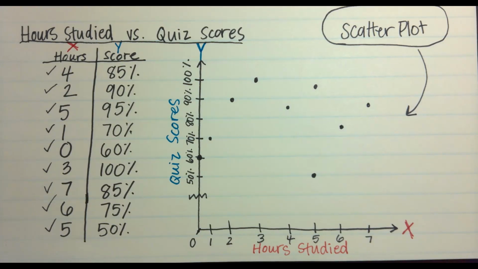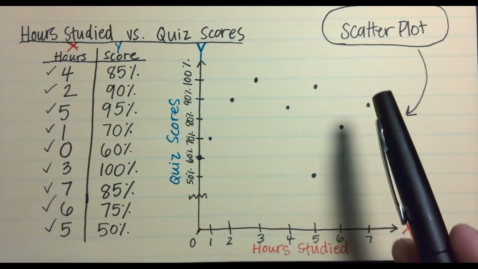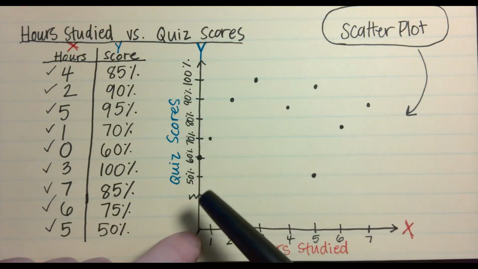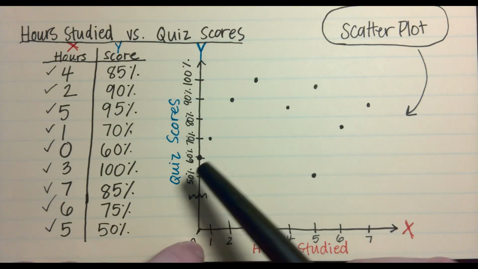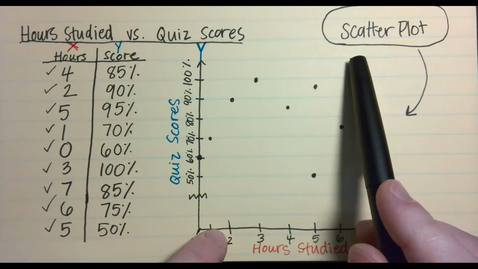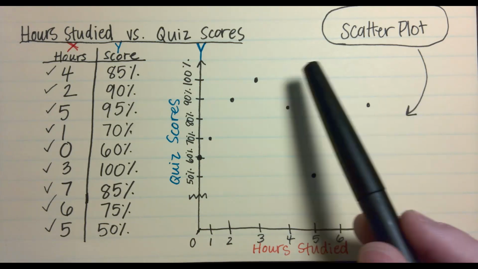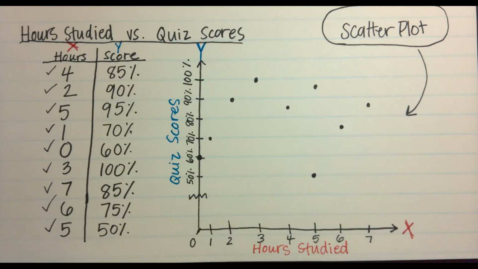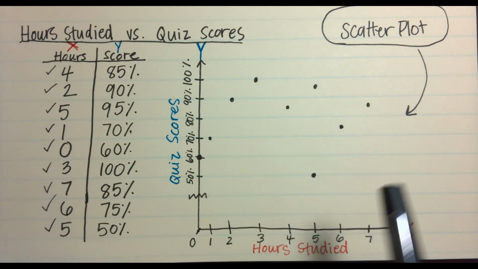I love it. So whenever we plot data, like we did here, sometimes we're going to be able to see a trend. We might see that usually people that study less get lower scores, and maybe people that study more get higher scores. Now, in this example in particular, our scores were a little all over the place. So there's not a whole lot of conclusions we could draw from this data. This wouldn't be considered a very good example for drawing any conclusions from the data we collected. We wouldn't be able to come up with much.